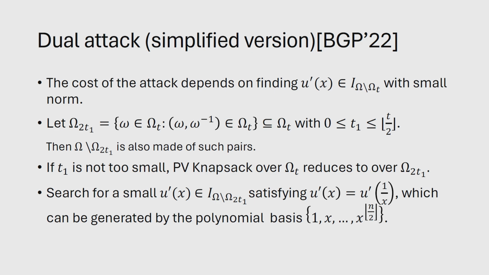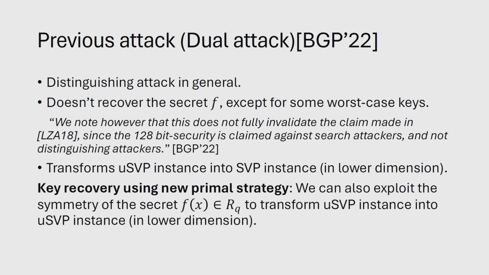And such a polynomial can be found using a basis of half dimension, of dimension n by 2. Okay. So this is basically a distinguishing attack in general, except for some worst-case keys where the adversary has control